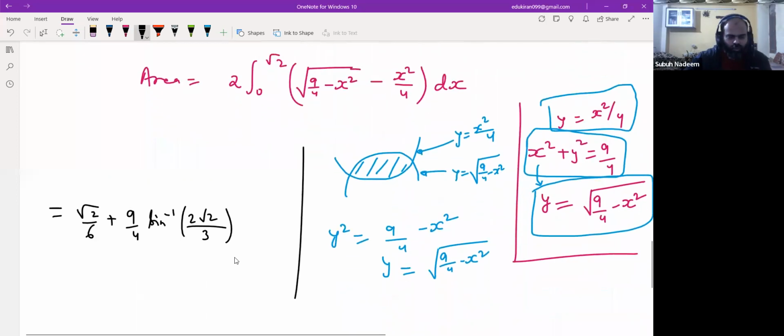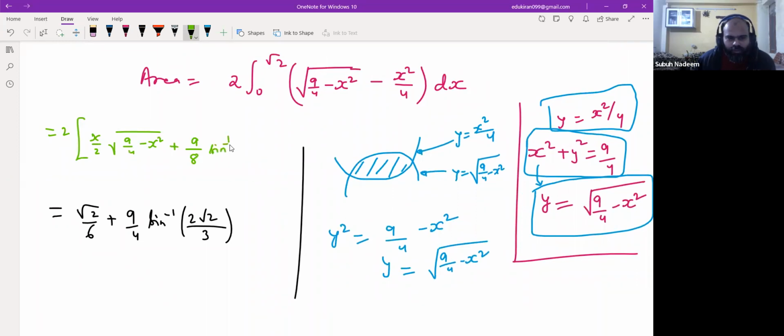Okay, so let's see. If you take it, the first one will be x by 2 into root over a square minus x square, plus a square by 2 sine inverse x by a, where x by a is 3 by 2. Another one will be minus x cube by 12. Now you put the limit 0 to root 2. So the first part will become root 2 by 2 into root 2, the 2 cancels, and it will become 9 by 4 minus 2, 1 by 2, 2 by root 2, okay,